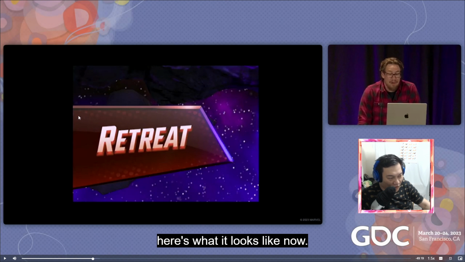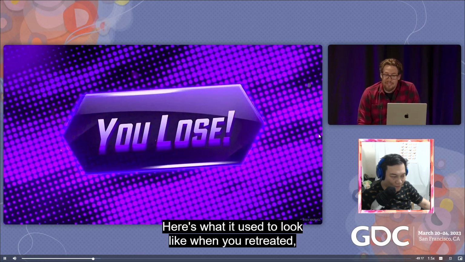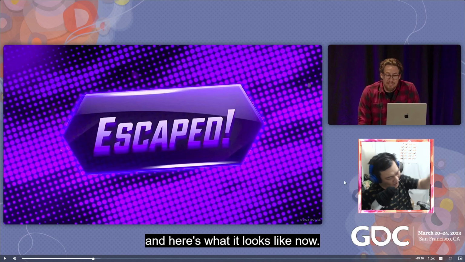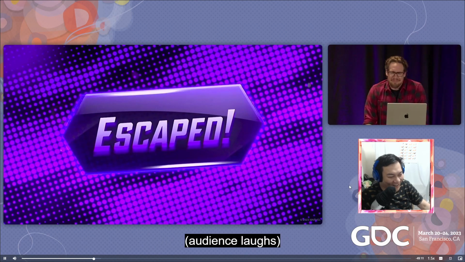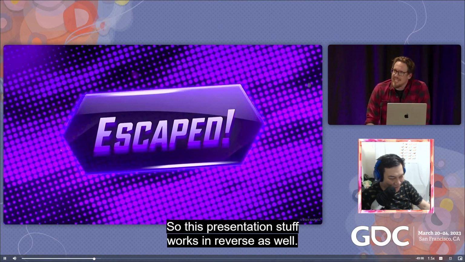所以他们把原先的撤退钮，或者说以前叫投降钮，变成撤退钮，所以你就知道你是这个技术性撤退，而不是真的投降给你对手之类的。Here's what it used to look like when you retreated, and here's 所以他们把你输了变成你逃走了之类的。what it looks like now. You didn't lose. You escaped. You're a genius. 你没有输，你逃走，你是个天才之类的。